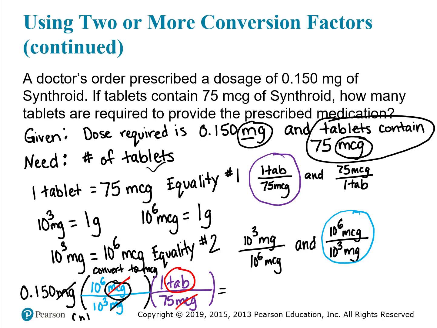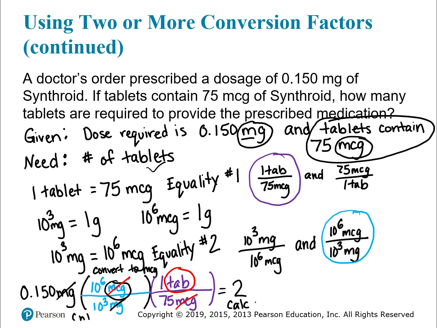So when you're putting this into your calculator, you're going to take 0.15, and you're going to multiply that by 1,000,000, divide by 1,000, and that should give you the number of micrograms. Then you're going to take that number and divide by 75. Your calculator answer